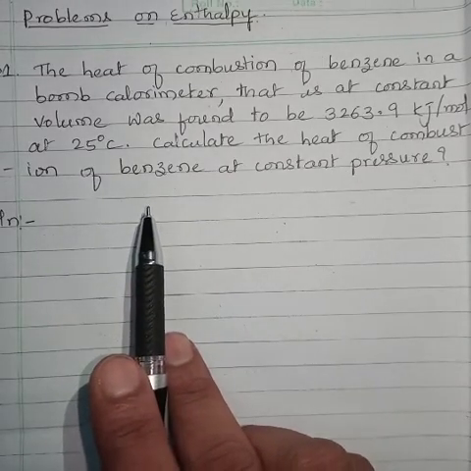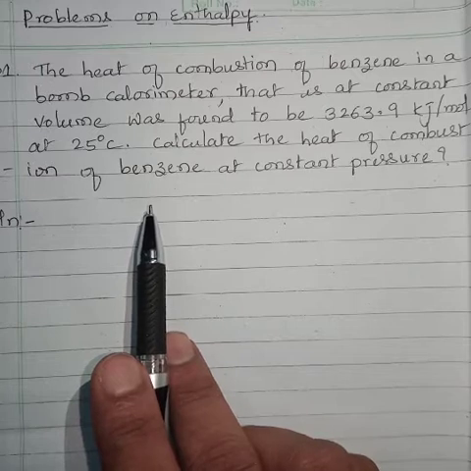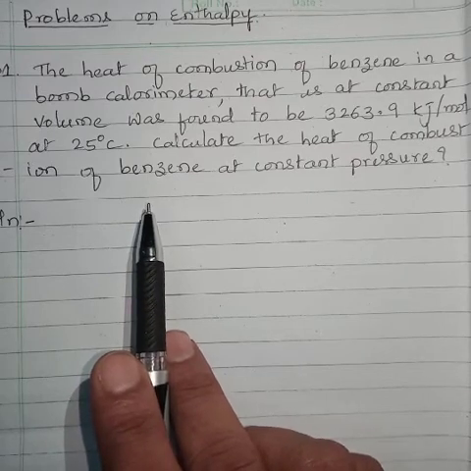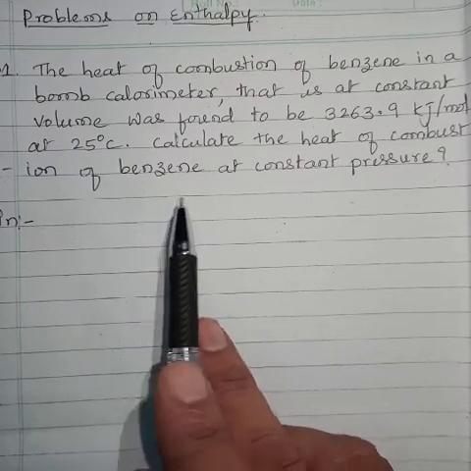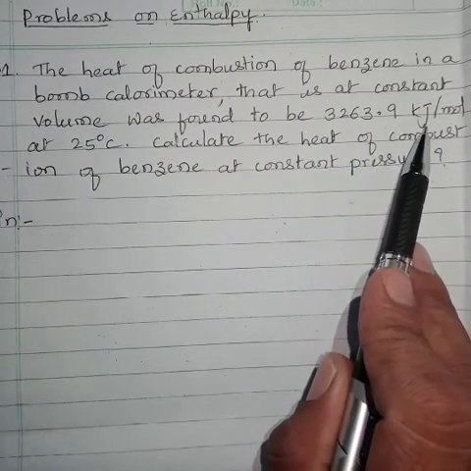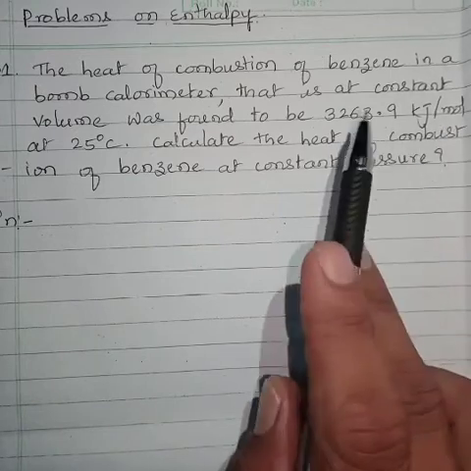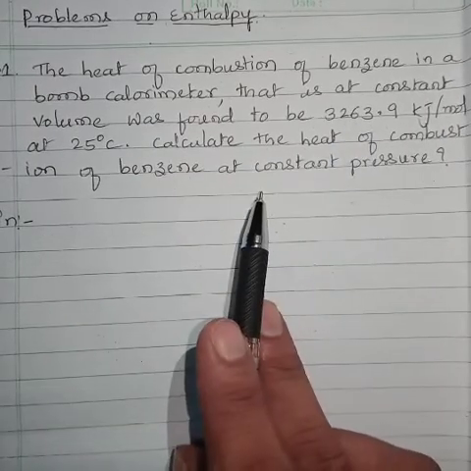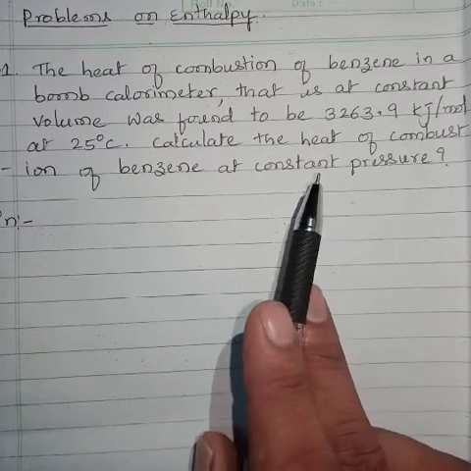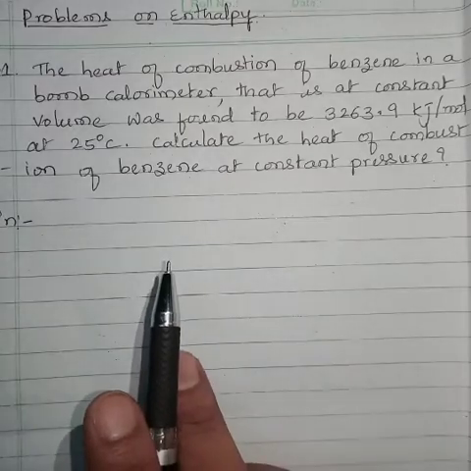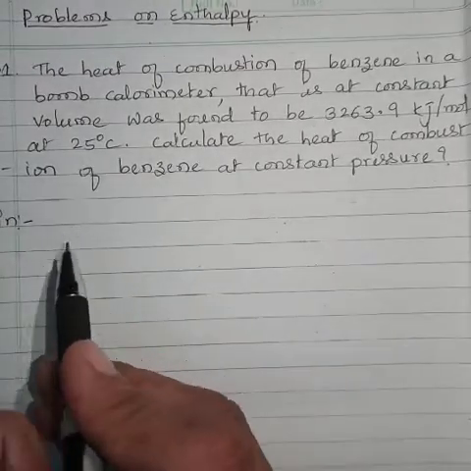Here the benzene is heated in a bomb calorimeter at constant volume. The heat of combustion was found to be 3263.9 kilojoules per mole. Then we have to calculate the heat of combustion of benzene at constant pressure. You know that